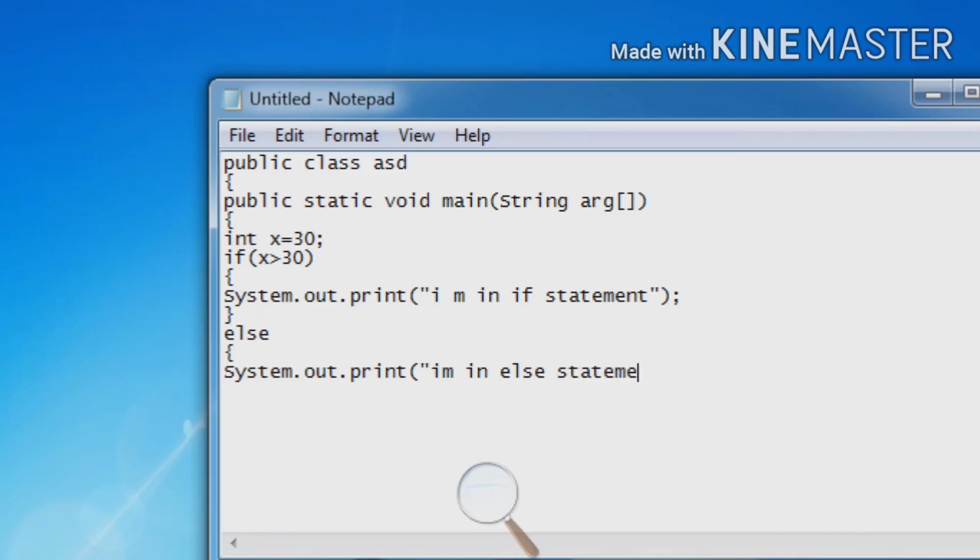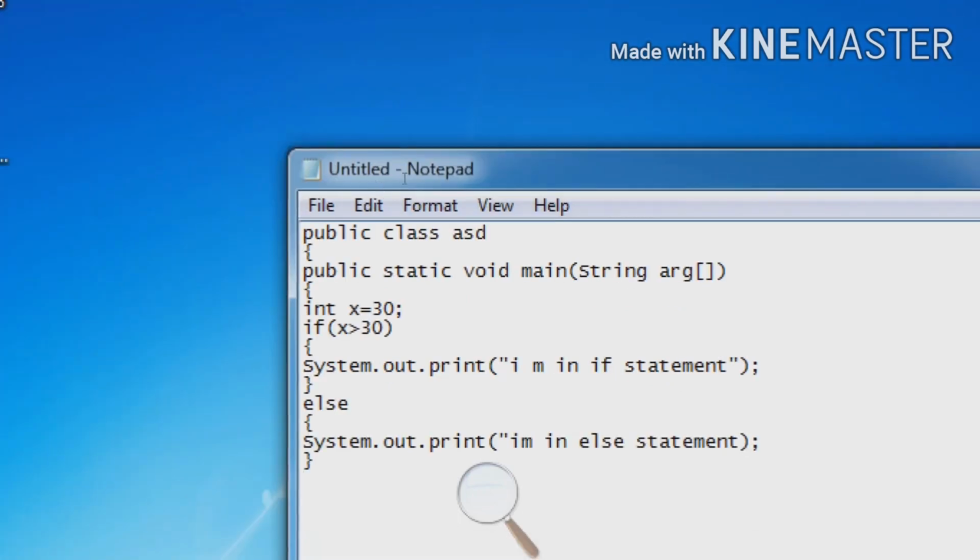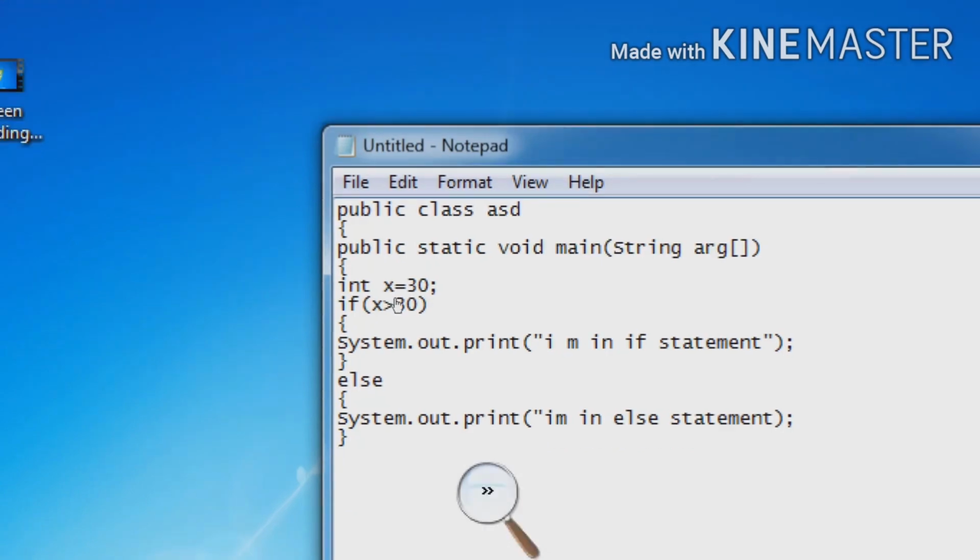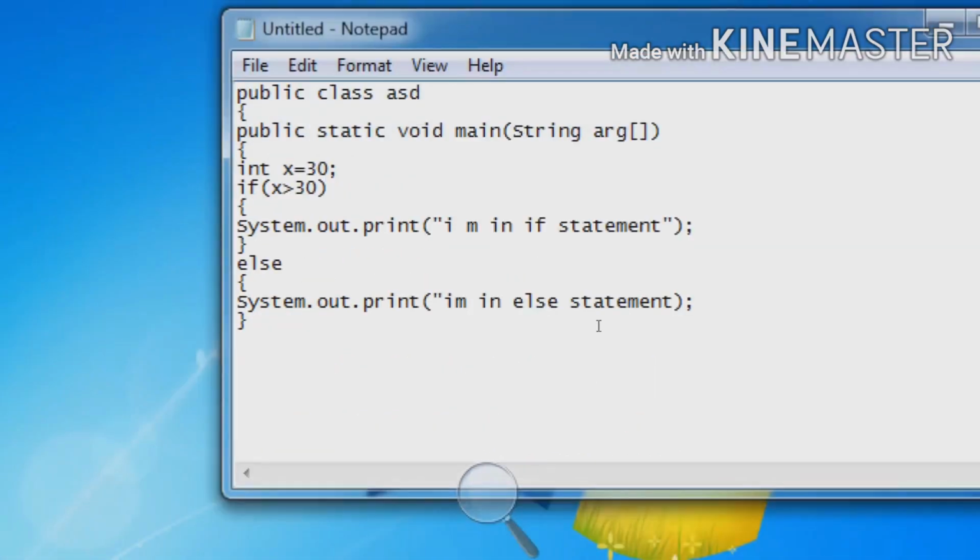Now bracket close, semicolon, enter, close the else statement using curly braces. Now enter. Now close this main function using curly braces. Now close the class using curly braces.